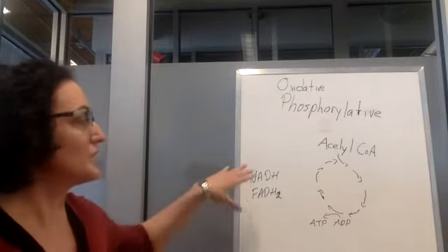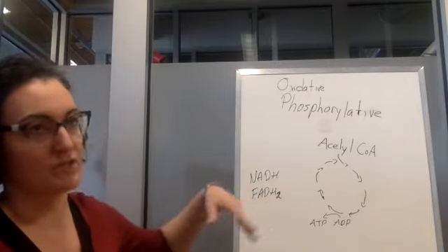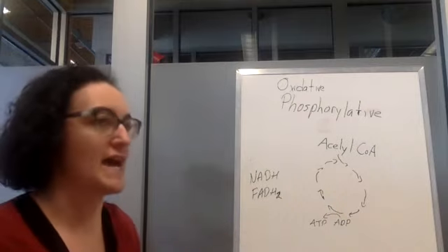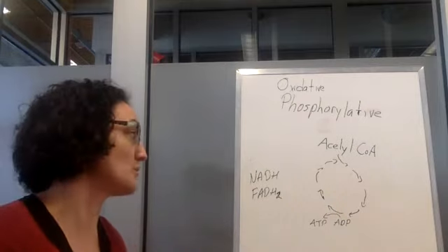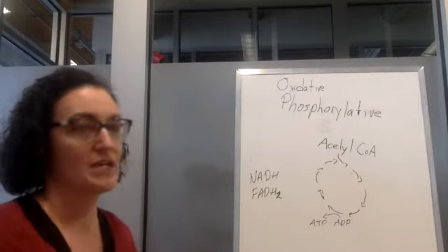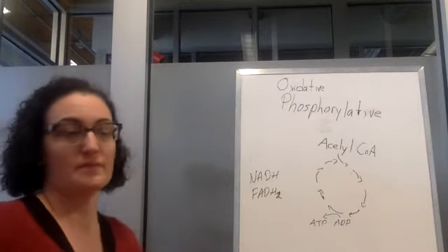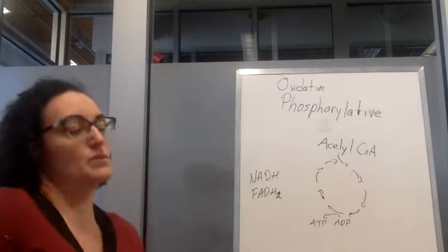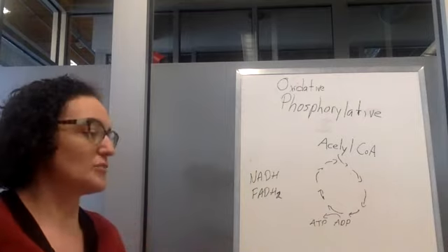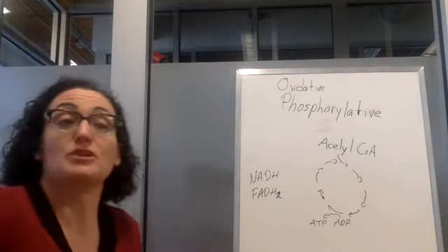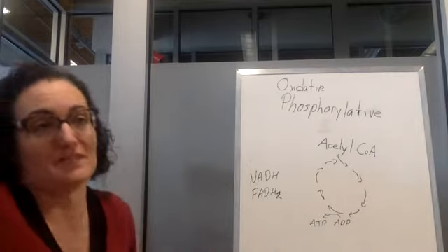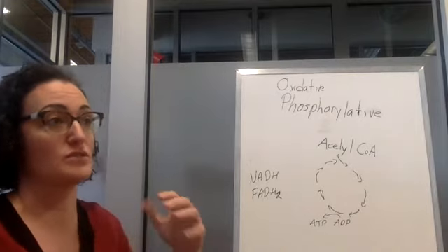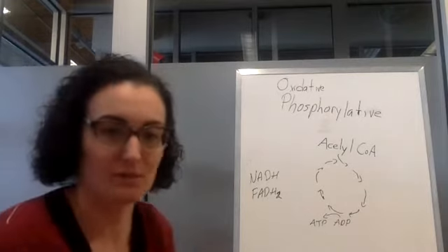You get about 2.5 ATP for each molecule of NADH, and you get about 1.5 molecules of ATP per molecule of FADH2. So you get proportionally more. But we're not interested in you memorizing the numbers, largely because how much ATP do you need to do anything, right? So what we want you to know is the